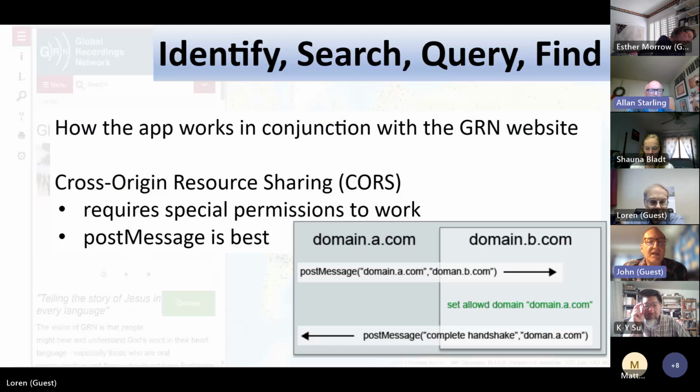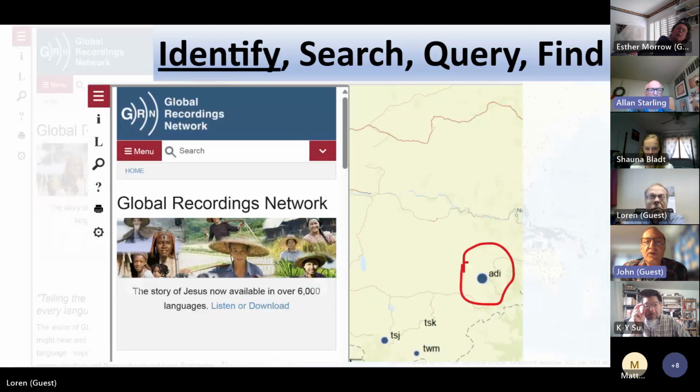So on the next slide, we went through this really quick with Loren, but you can see there when you bring up the web page, there's the home page for GRN. And then if you zoom around and click on a point, you've seen that it opens up some additional information. So if we go to the next slide,